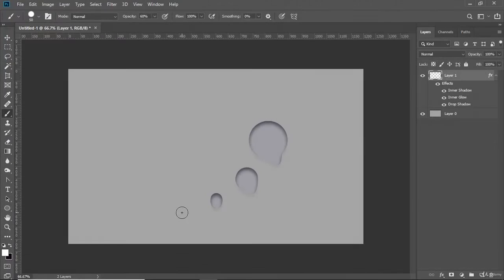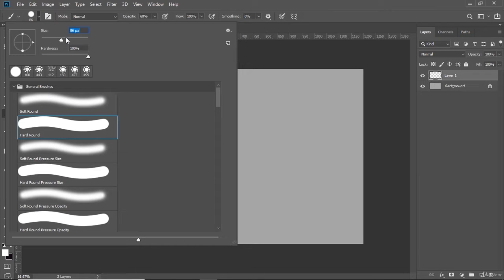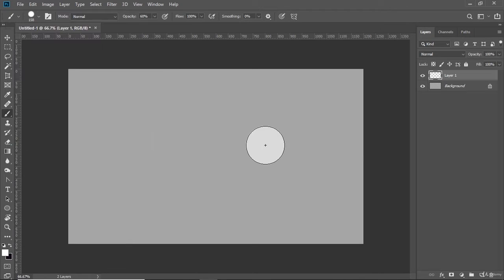In this video, we are going to talk about how to create a water drop. First, we create a new layer, then choose the brush tool and make sure the hardness is 100. Click once,